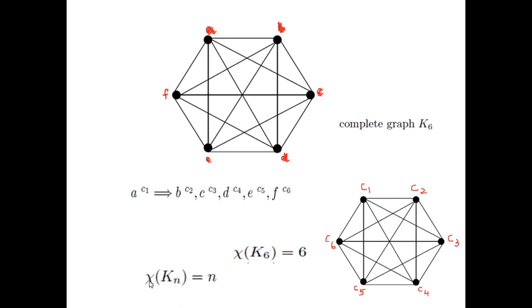Again, you must know that the chromatic number of the complete graph on n vertices is n. See the last graph which consists of 5 vertices, so the chromatic number is 5. Again here, the complete graph has 6 vertices, needing 6 colors. Similarly, you can see that a graph with n vertices needs n colors. So the chromatic number of Kn is equal to n.